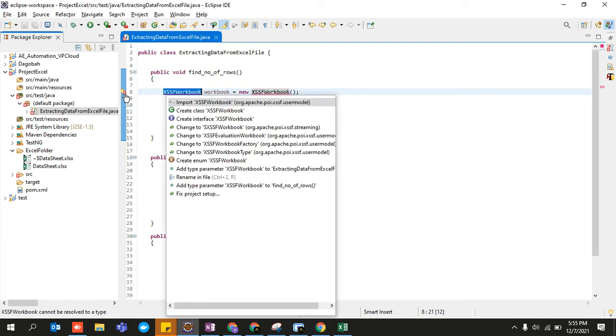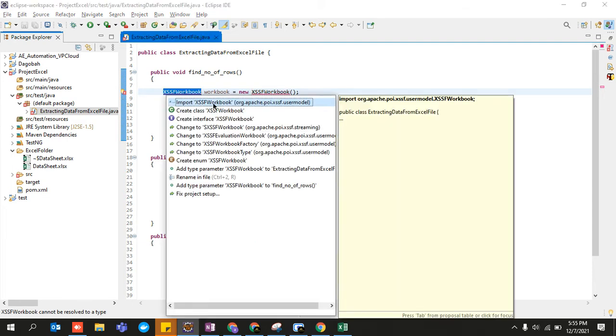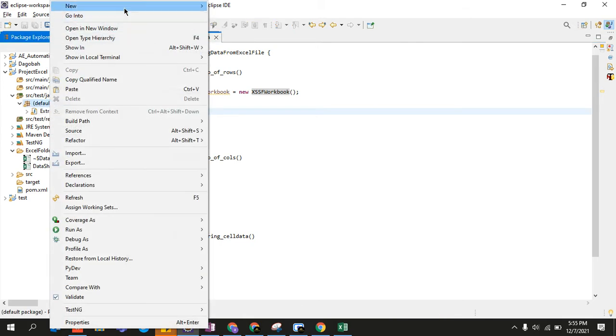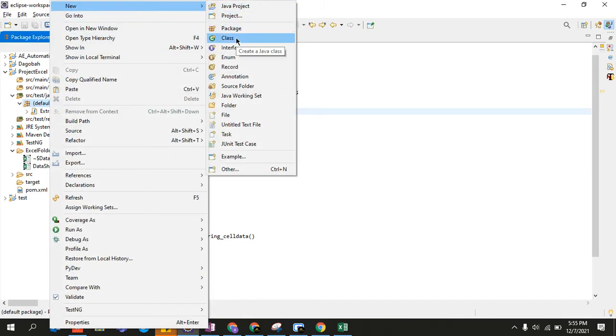If you click it over here, it says you need to import XSSFWorkbook. So what is this XSSFWorkbook, and why did I create an object of it? What is the use? Why did I write this line? I've seen people learning this particular line by heart. Now I'm going to take some time to make you understand, because I do not want anyone to just mug it up, especially the coding part.